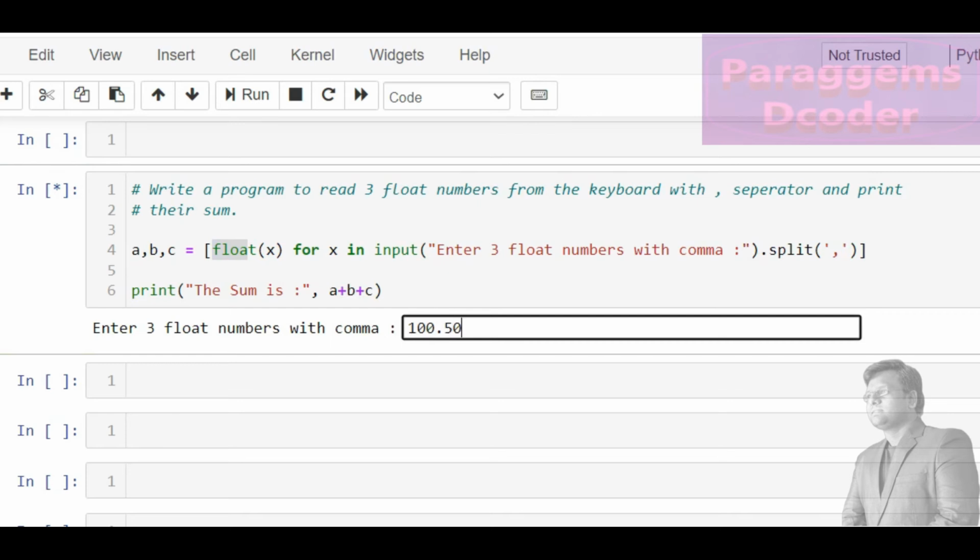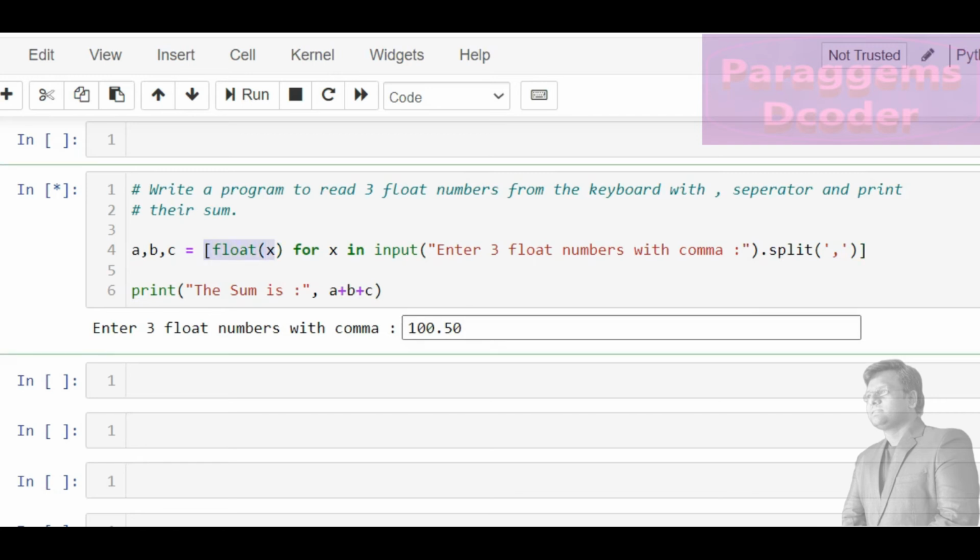We know from billing counters that the values of products are like 50.5, meaning 50 rupees 55 paisa. Float values are there many times in product prices,